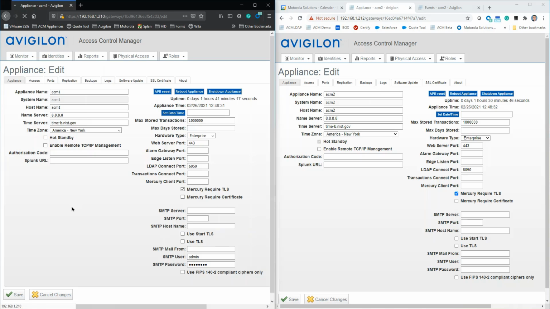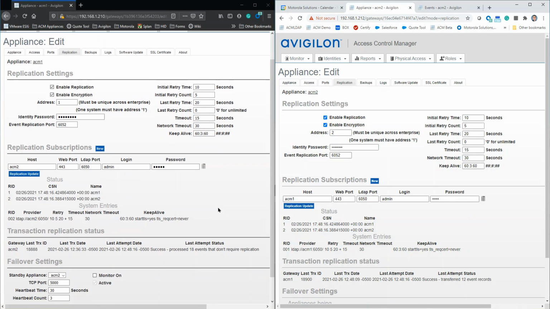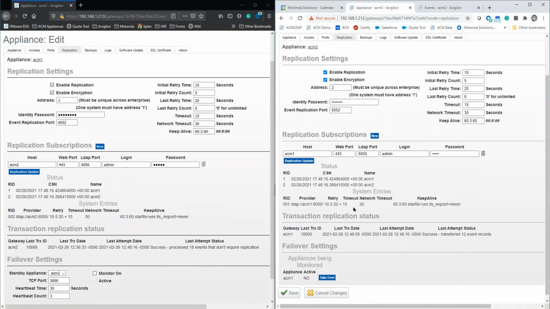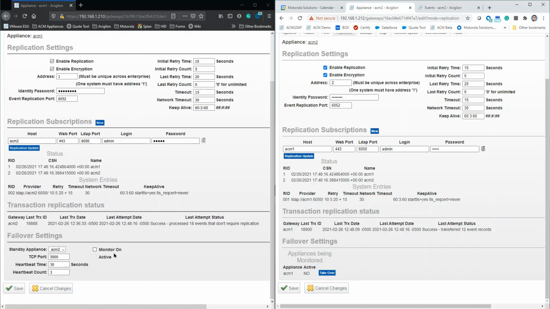So if you go to replication, we'll see that I have the replication configured for systems 1 and 2. And here is the takeover, so I can take over in a hot standby here. Mine is not set to monitor check. This means when you have monitor check, it can take over automatically. In this example, I'm not using automatic, so I'll have to go in here and manually take over from